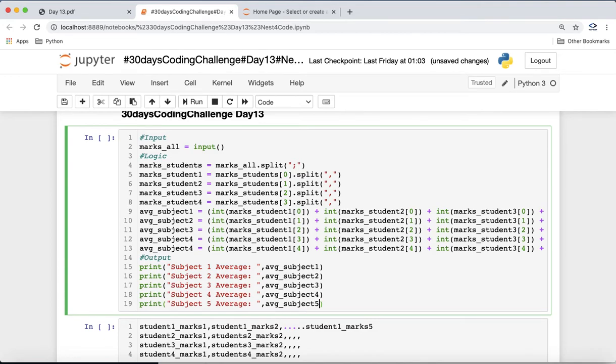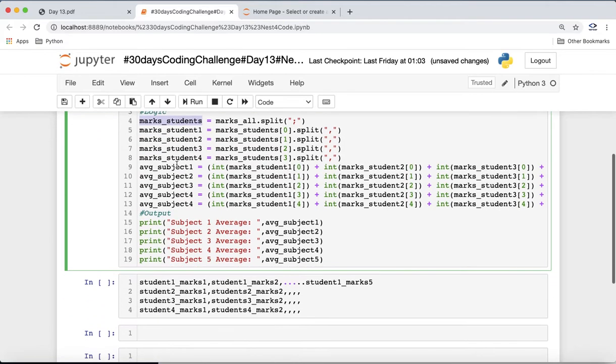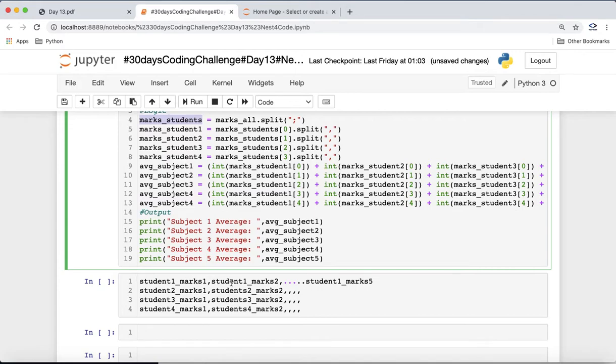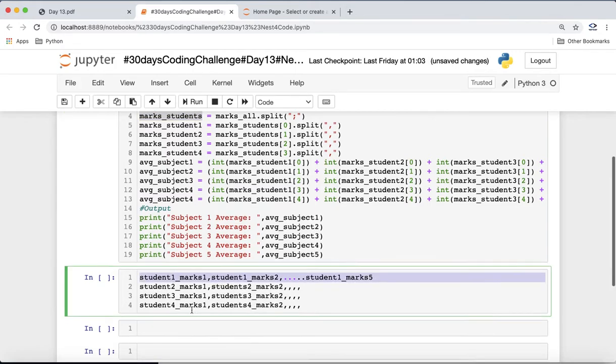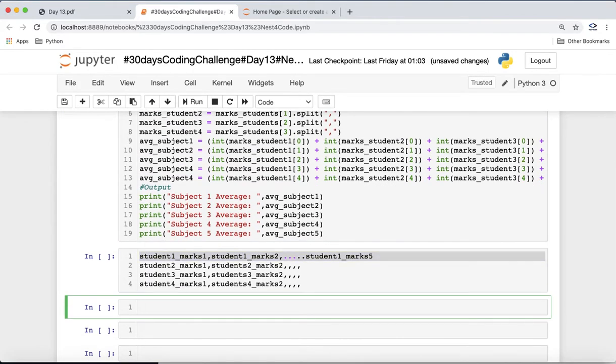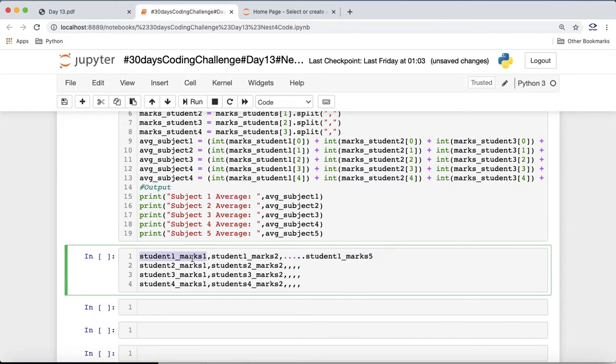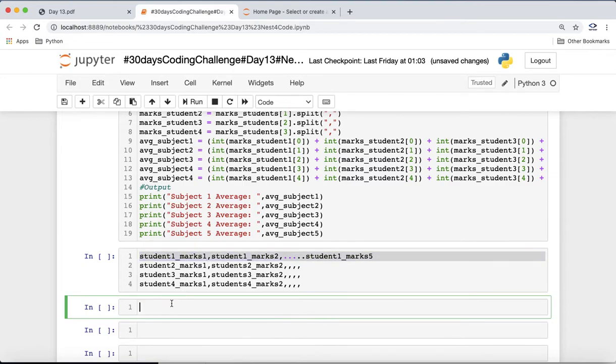So now we are done with our input, logic part and output part, right? So I'll just explain it again. We split, we separate out the marks for each student. So we got this thing, and after this we separate out the marks for a student separately also. Once we split it based on comma, we get something like this.